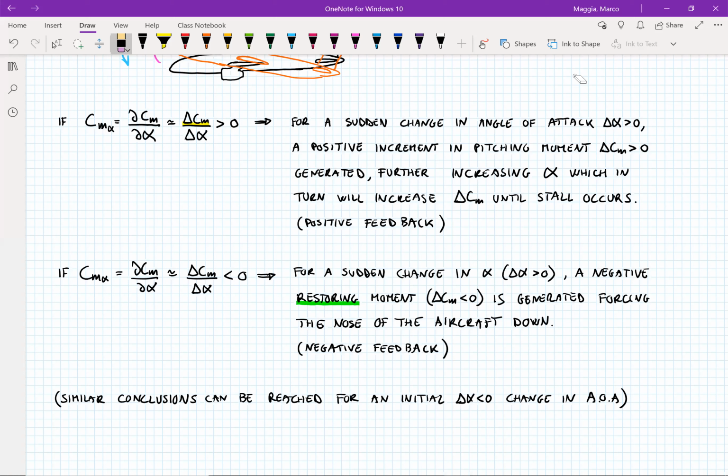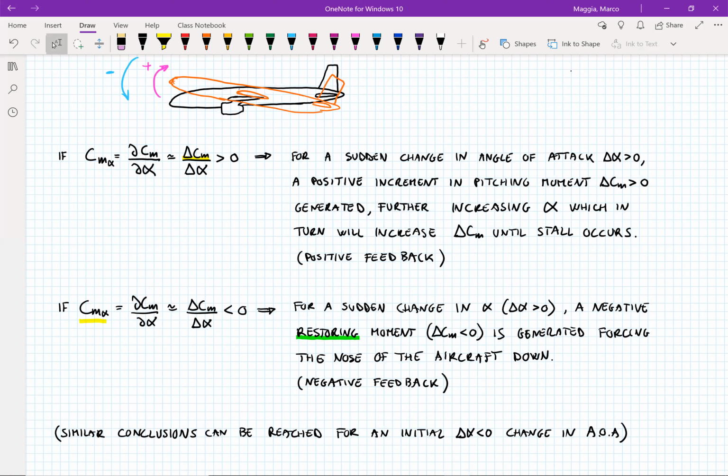This is part 2 in the combination of lecture 28 and 30. We're talking about longitudinal static stability, and the last thing that we saw last time was the condition for the static stability itself. And that was that Cm alpha has to be negative. That means that if there is a sudden change in angle of attack, a perturbation from the trim angle of attack, then having Cm alpha negative means that a restoring moment will arise, a negative moment,